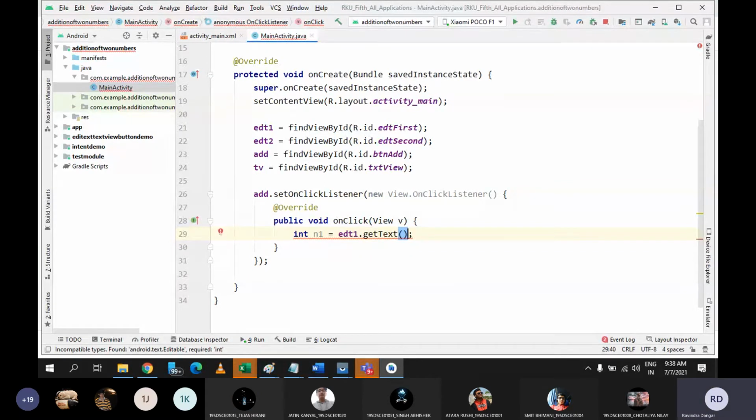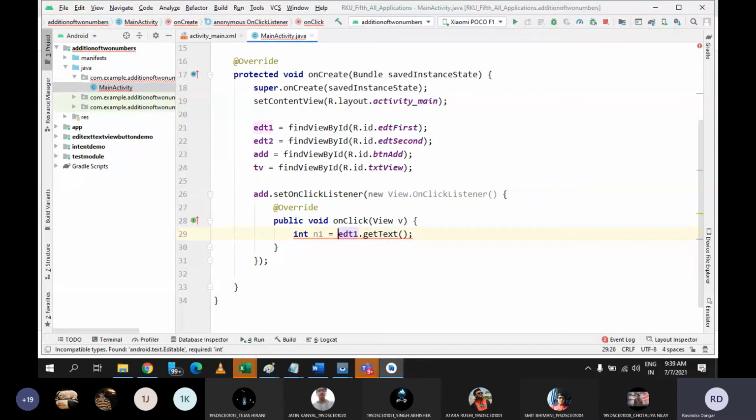Correct. In Java, we have studied the concept of wrapper class. Whenever you have any numbers in the form of string, and you want that number to be represented as an integer, then you need to use the properties of the Integer wrapper class. Whatever number you write in the edit text, by default it will be considered as a string value only. Even though for you 10 is an integer value, if you pass 10 in the edit text, it will be considered as a string. So you need to parse that number.